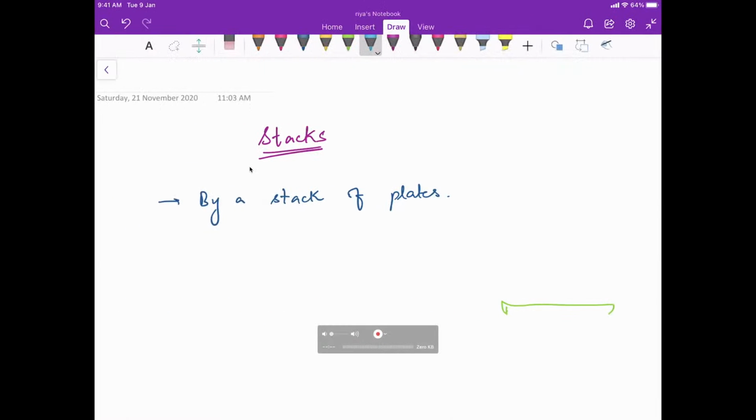ठीक है, तो in terms of programming also, in the terminology of programming also we learn that topic that way as well. ठीक है, तो stack is a data structure wherein things are stacked on top of one another. ठीक है, and we also call it a last in first out kind of a structure.